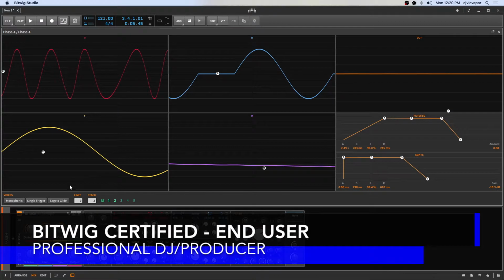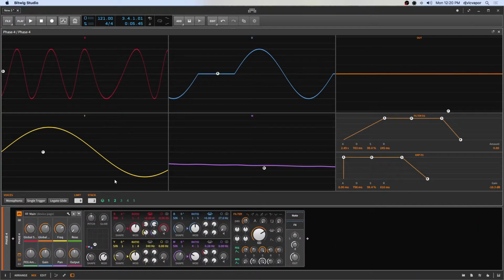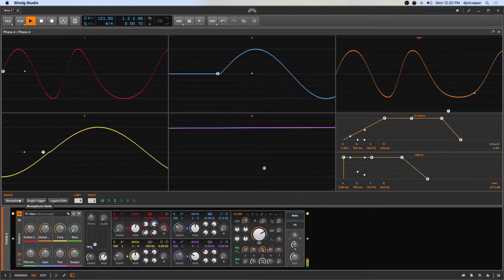And in this video or tutorial, I want to talk a little bit about some additional features within the voices. So in the previous tutorial, we talked about voice stacking and how we can modulate and make each voice individually its own. But in this one, I'm going to talk about some of the features over here: the monophonic, single trigger, and legato glide. So right now, if I play this,